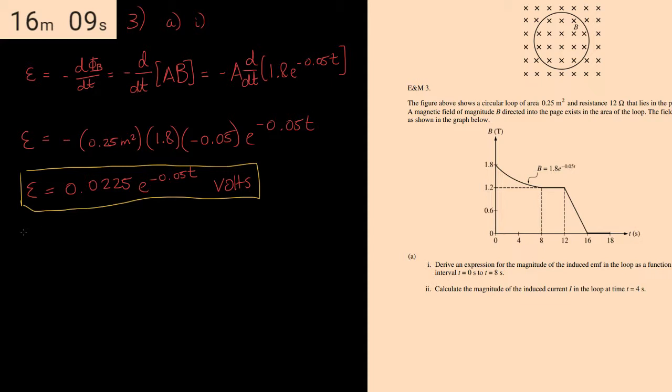All right. Let's move on to part I. Aye, aye, Captain. Calculate the magnitude of the induced current in the loop at time t equals 4. This is a simple exercise in plugging in t equals 4 to the expression we got above. So let's just write it out. If we were getting graded on the AP exam, a grader would like to see that you're showing your work, so that even if, say, you made a calculator error, you would still get possibly all the credit in the answer. So e to the negative 0.05 times 4